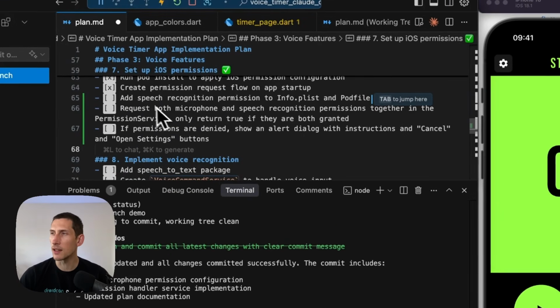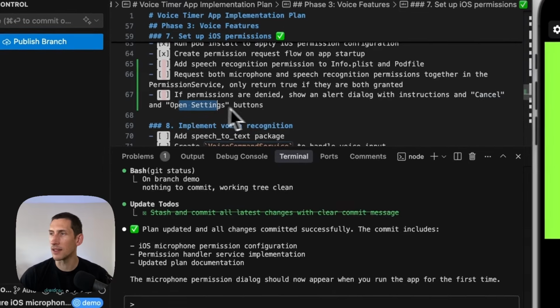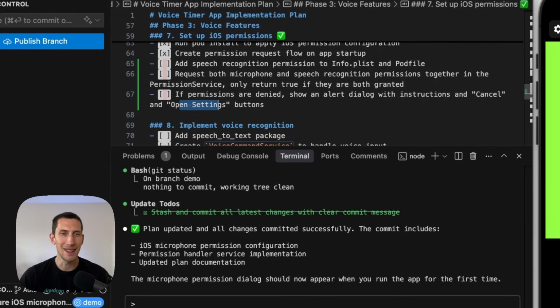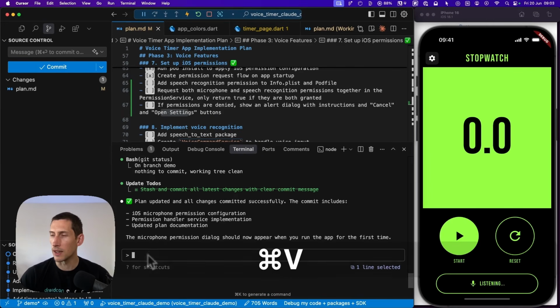So what I'm saying here is that we need to add the speech recognition permission to the info.plist and Podfile. Then I want to request both the microphone and speech recognition permissions together in the permission service and only return true if they are both granted. And if the permissions are denied, show an alert dialog with instructions along with cancel and open settings buttons. So as you can see, these TODOs are very specific and should help us get the results we want. So let's save this file, and then we can tell Claude to proceed with the missing TODOs in step 7